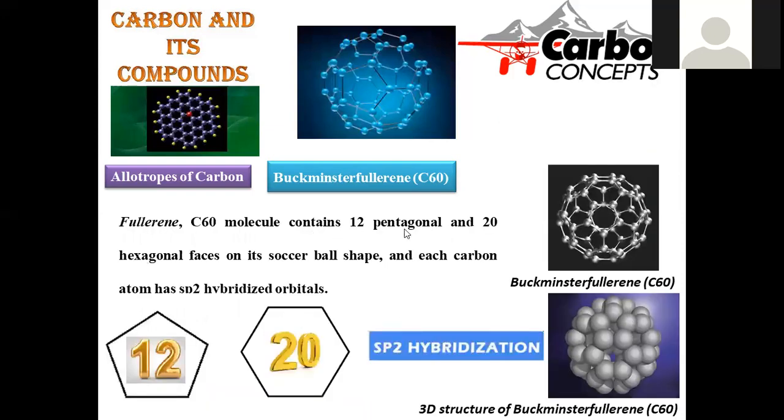The fullerene C60 molecule contains 12 pentagons and 20 hexagons. If you are fixing C60, the arrangement will be 12 pentagons and 20 hexagonal arrangements: 6-membered rings are 20, and 5-membered rings are 12, in a continuous manner to get this so-called ball structure. Here a 3-dimensional representation is provided for this molecule, represented with 6-membered ring structures and also 5-membered ring structures in this 3D way.